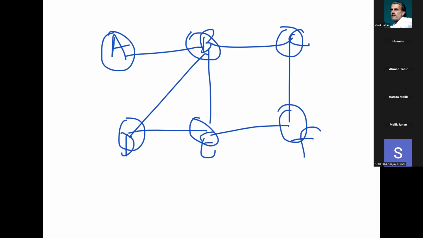So now if my start point is C and my target is D, I can take this route. I can start from C. I can go to E. I can go to D. So one possible walk could be C, F, E, and D. So if you focus on this walk,